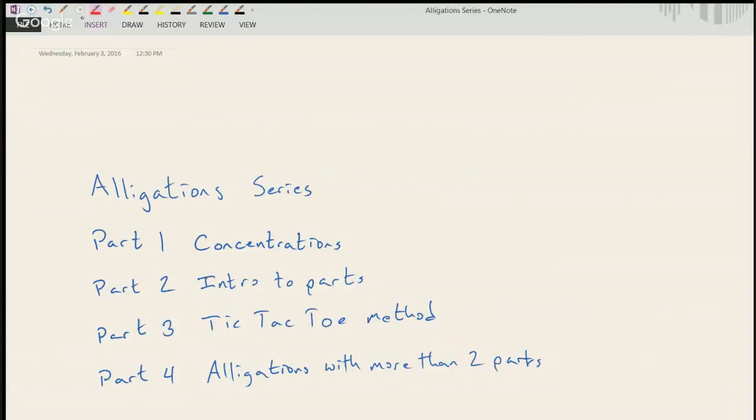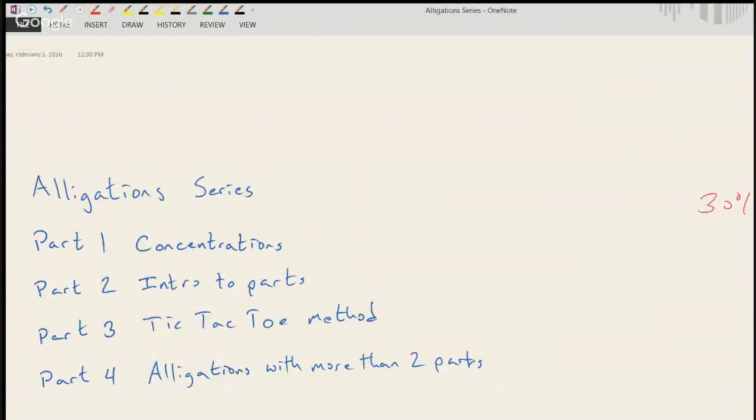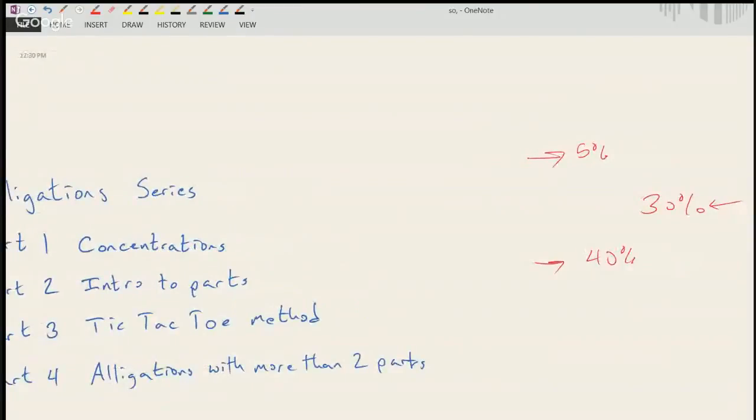So if you are mixing a 30% cream and you have a 40% cream and a 5% cream, how much 5% cream do you have to use to dilute the 40% cream to make a 30% cream? Oftentimes, you'll be given a quantity of either the 5%, the 40%, or the 30%, and you have to find the other quantities,